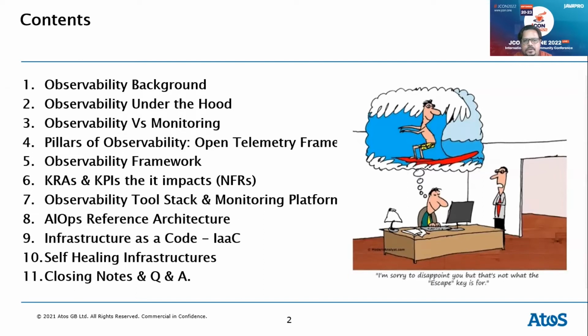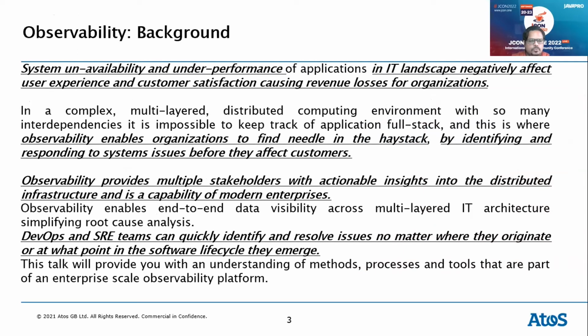We also have some details around the tooling stack and the monitoring platforms of the current generation of enterprise systems. And then the AIOps part, because that's something that is interlinked. All these various elements, AIOps, site reliability engineering, observability, monitoring, are interlinked. Some of the terms come to us from the legacy systems that we have. But observability and AIOps are the next generation solutions that you would see as part of Fortune 100 customers. So let's move on to the next slide.